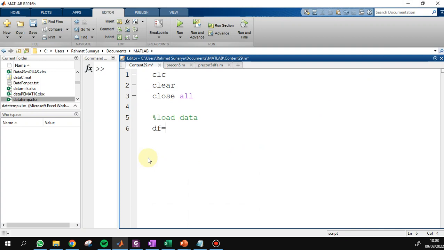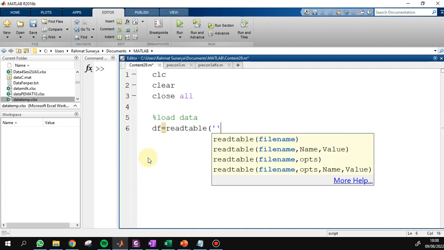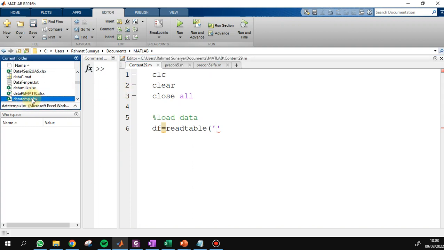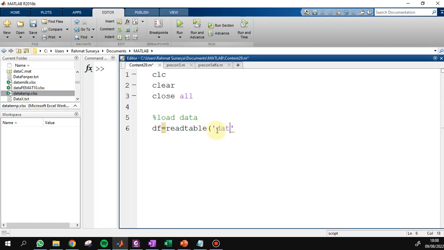df equals read table. Make sure your Microsoft Excel file is in the same folder as the M file. The Excel file name is data temp dot xlsx.